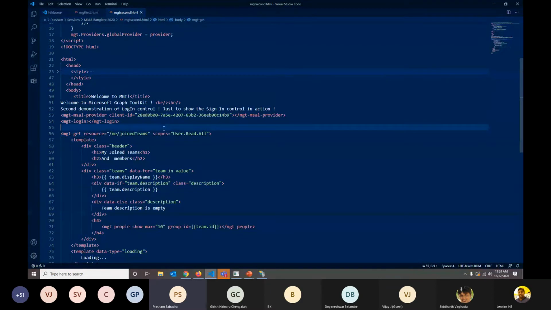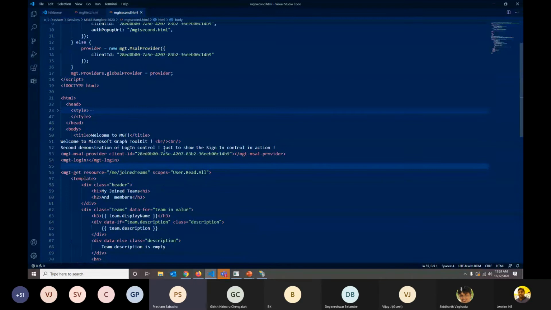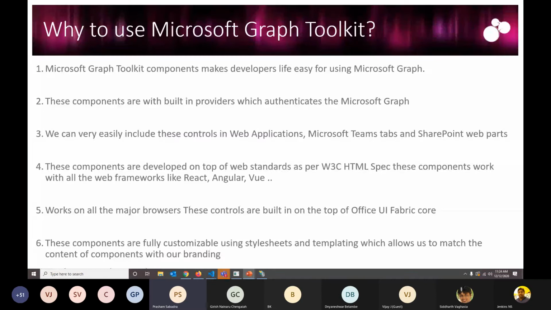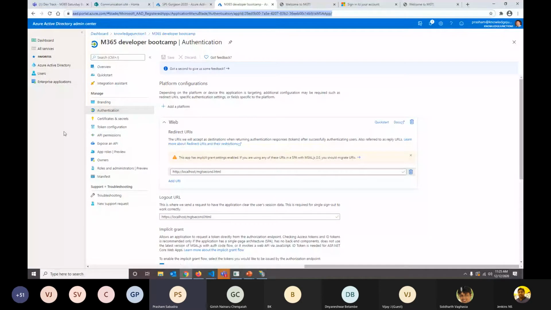If you notice here, I have given this client ID. This is nothing but my Azure app ID. So if I move to my tenant, yes, I'm in the Azure Active Directory admin center, aad.portal.azure.com. From the overview tab, we'll get the Azure app ID.